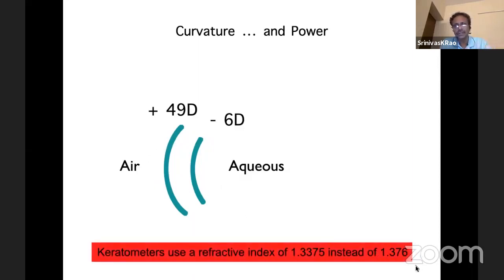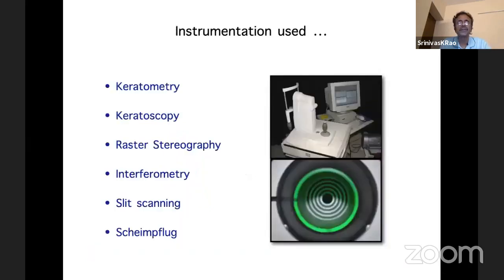Instead of using the true index of refraction of the cornea, which is 1.376, it uses something called the effective refractive index, which is mostly 1.3375 for most of the manufacturers. And by doing that, we are trying to account for the posterior corneal surface. So let me show you what happens when I substitute this value for 1.376 in the same equation. So now you'll see that the power of the cornea is 43 or 44 diopters, which is what we want, because this minus 6 is now accounted for. So remember this particular approximation that most keratometers do.